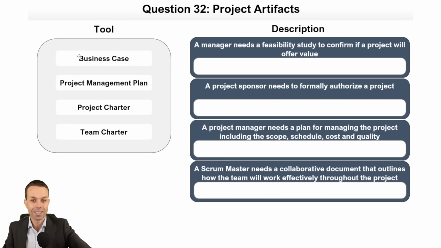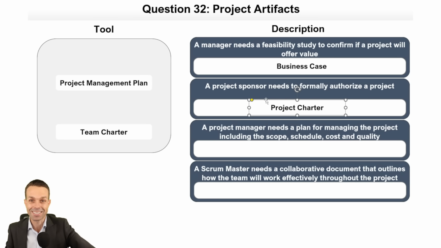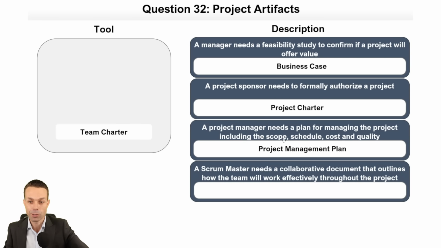Project artifacts. A project manager needs a feasibility study to confirm if a project will offer value. That is our business case. A project sponsor needs to formally authorize a project. We do that with our project charter. Exactly right. A project manager needs a plan for managing the project, including the scope, schedule, cost, and quality. And we just spoke about that. That's our project management plan and all of the bits and pieces that go into that, all the subsidiary plans,